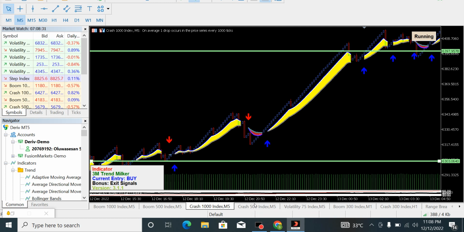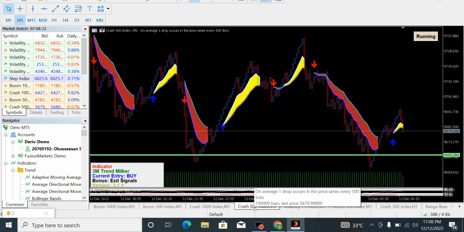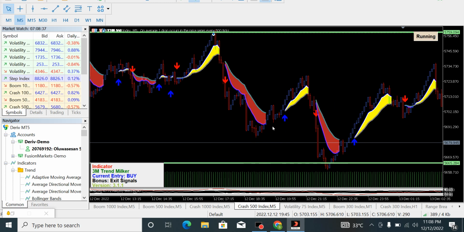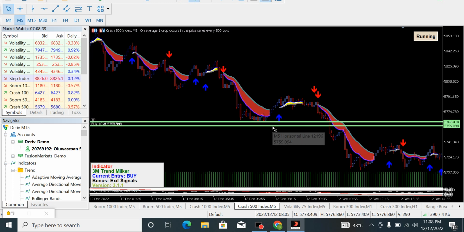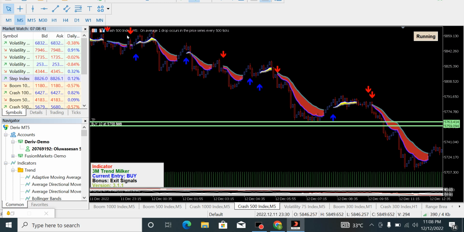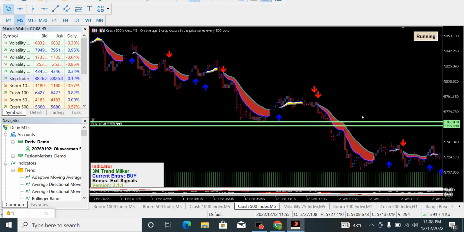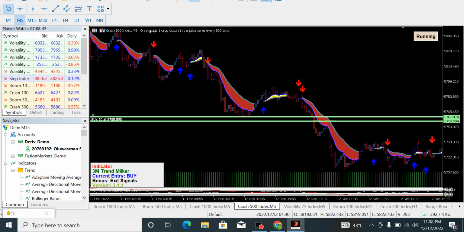Now let's check out the other way around. This is when the market is on a downtrend. You can see it's on a downtrend. We had so many crash down candles happening around there. You can see it kept on crashing. Check out from this region to this region, it kept on crashing down. This is the 5-minute time frame, guys. It kept on crashing down and crashing down and crashing down.